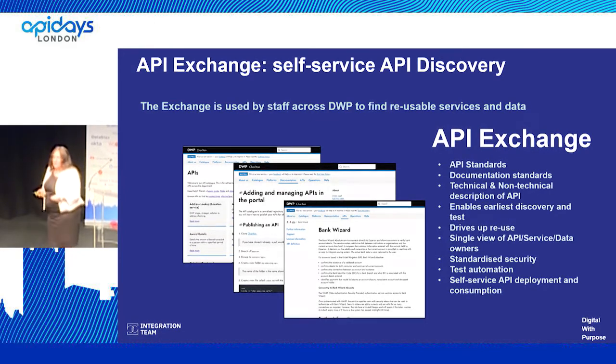We made the decision not to have a central API team, because we were too big an organization. If we were building all of the APIs in one central team, it would be 1,500 people in a single team, which wouldn't work. We work with a number of small, agile, self-organising, multidisciplined teams, usually of around 15, 16 people in each team. So the API exchange is treated as a product and a service in its own right,